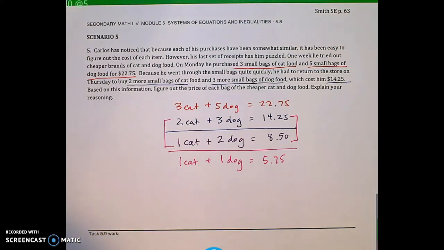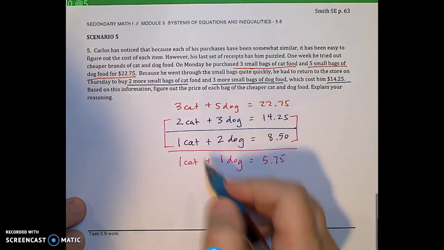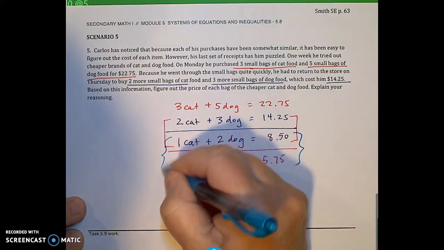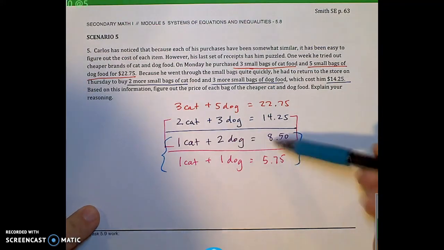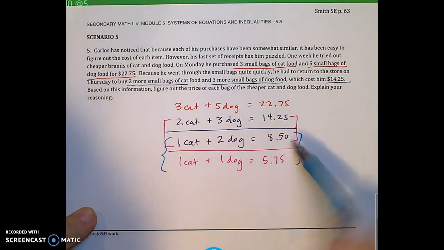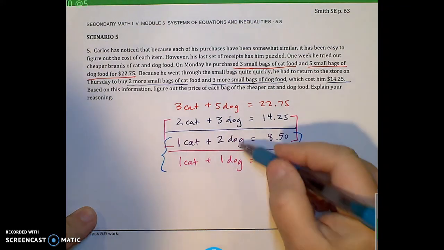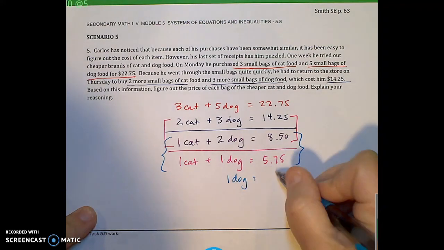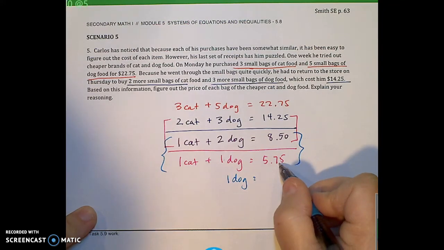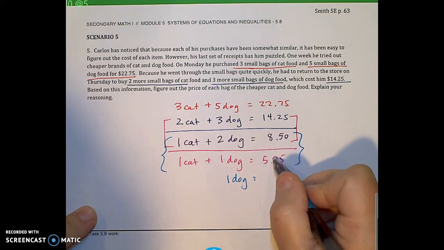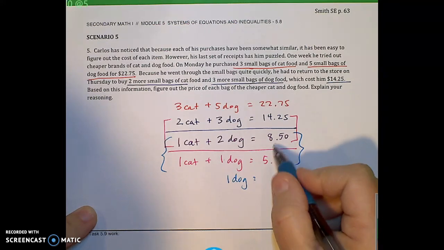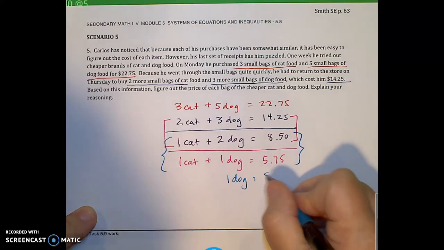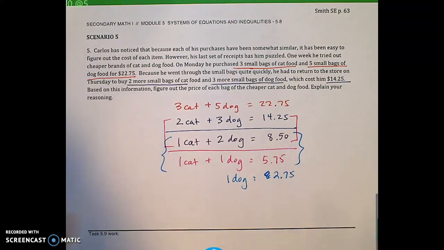I'm going to do this one more time, or one more comparison, and now take a look. Compare the last 2 rows. Now the only difference between the 2 rows, other than the money, is the 1 bag of dog food. So if I look at the difference here, 1 bag of dog food is going to be the difference in these dollar amounts, which is, let's see, if I add 25 cents here, that's $6, $7, $8.75. Did that wrong. $2.75 is the difference between here and here. Yeah. So 1 bag of dog food,